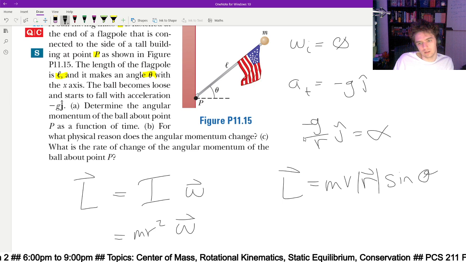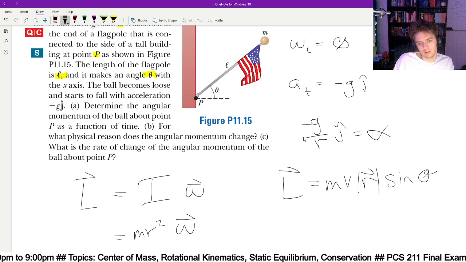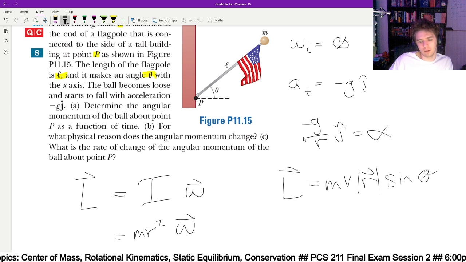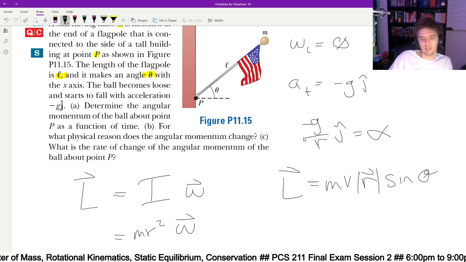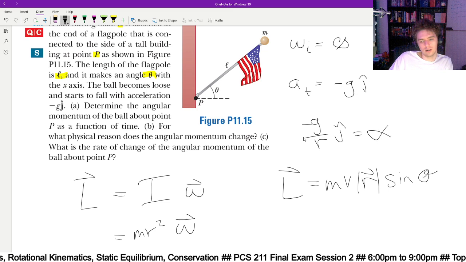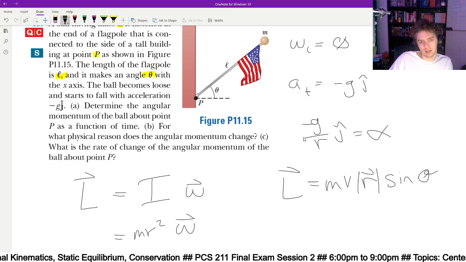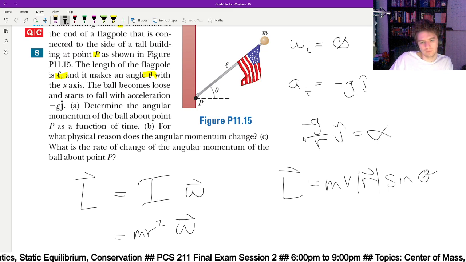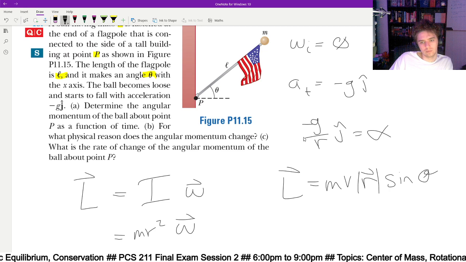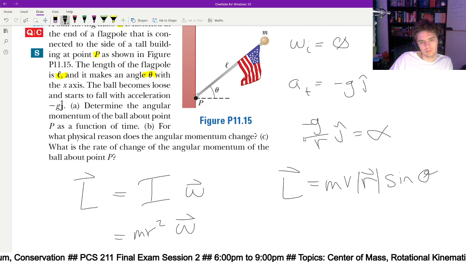P r is linear momentum, non-angular. Yeah, but I think it might be okay because we're still doing a factor of r. But still, I don't know what... okay, I guess maybe we can find that. Sine theta. I still don't understand why there is an angular momentum in play, because if it falls down, there is no